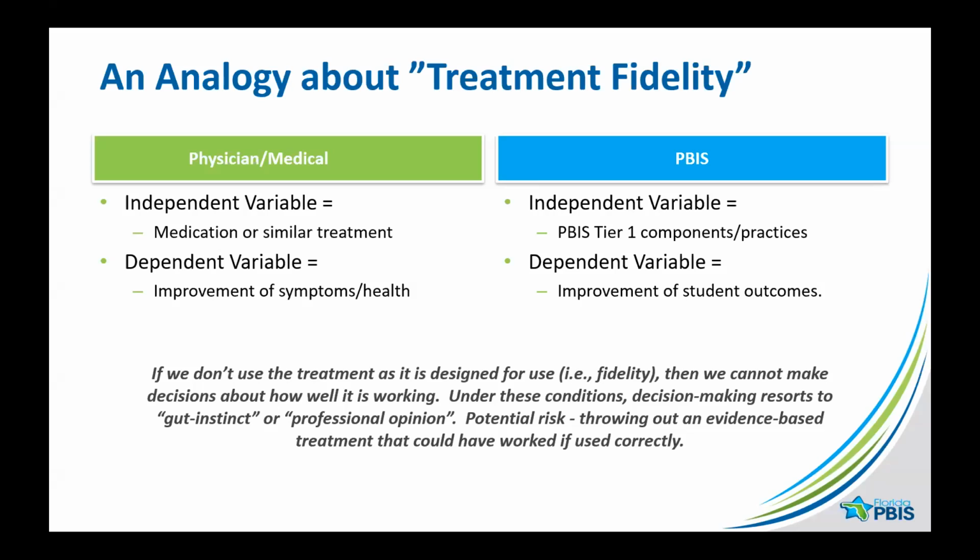Okay, now let's look at it as PBIS. Essentially, your independent variable is the practices, the components that you're putting into place there. Are you making sure to engage in those practices? It's just as similar as, are you continuing to take your medication? Are you continuing to go to physical therapy and that type of thing? Depending on how well you are continuing to engage in your practices, your dependent variable is going to determine your student outcomes. And so your dependent variable is going to be whether you are improving your student outcomes or not. You can see how these are all connected together.